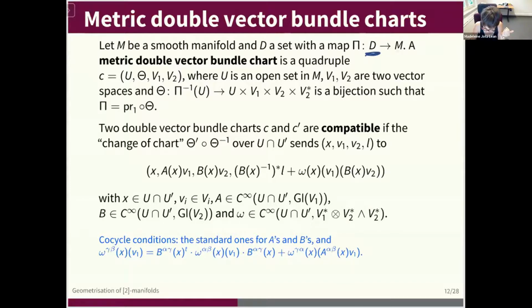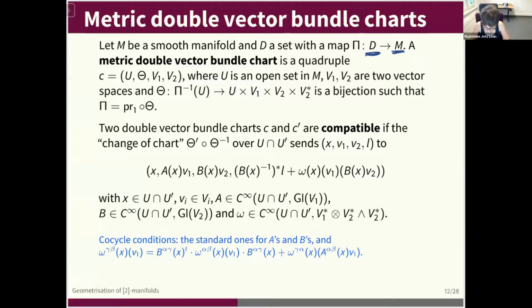So you have a projection to M that will be our double projection this way or this way. And you have local bijections of pi inverse of open sets with the open set U times V1, V2, V2 dual, where V1, V2, V2 dual are vector spaces, such that when you take an overlap of two charts, the